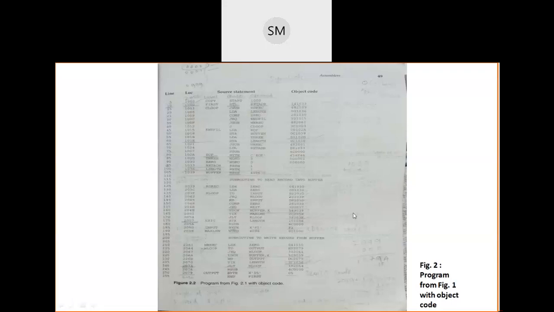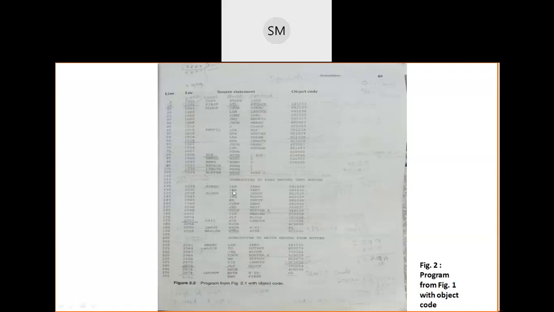That is 1000. 1000 is the hexadecimal equivalent of 4096. Are you getting how I got 1000? I just converted the decimal value 4096 into a hexadecimal value. So that many bytes I am reserving for the buffer. So 1039 plus 1000, I get 2039.